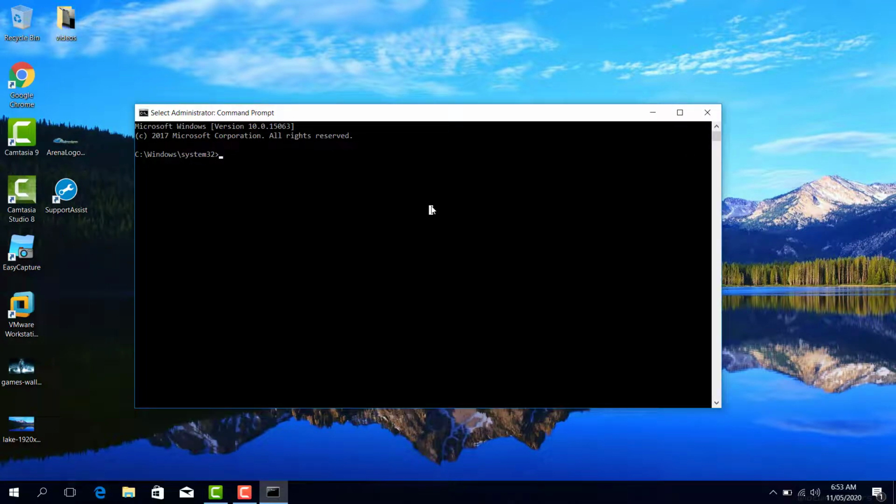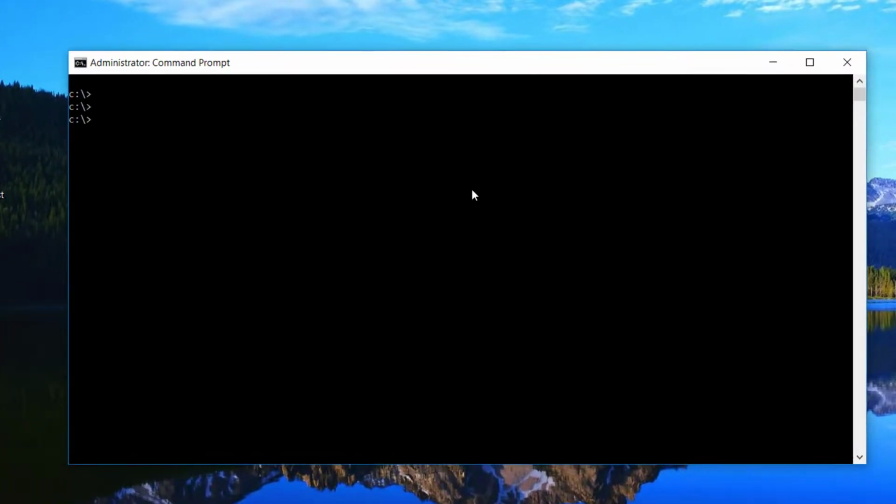DISM is nothing but Deployment Image Servicing and Management tool, which is a command-line tool that helps us to configure Windows and Windows images. We can use DISM to enable or disable Windows features on your Windows machines, whether offline via images, or online when the operating system is running. Just open up your command prompt as administrator and type